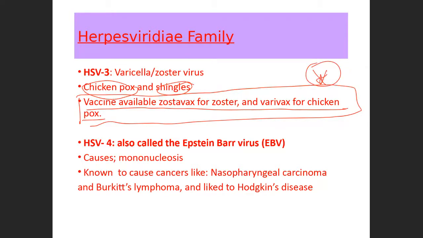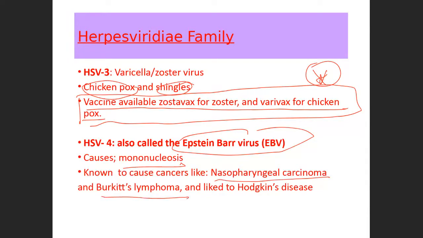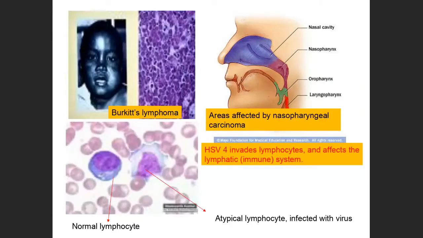HSV-4 is also called the Epstein-Barr virus. It causes mononucleosis, nasopharyngeal carcinomas, a form of cancer, Burkitt's lymphoma, which is another cancer, and Hodgkin's disease, which is another cancer of the lymphatic system. So this is a virus that infects the lymphatic system, and it could become chronic, especially if